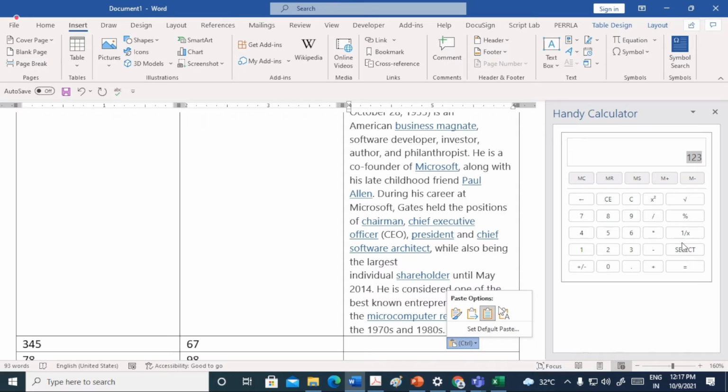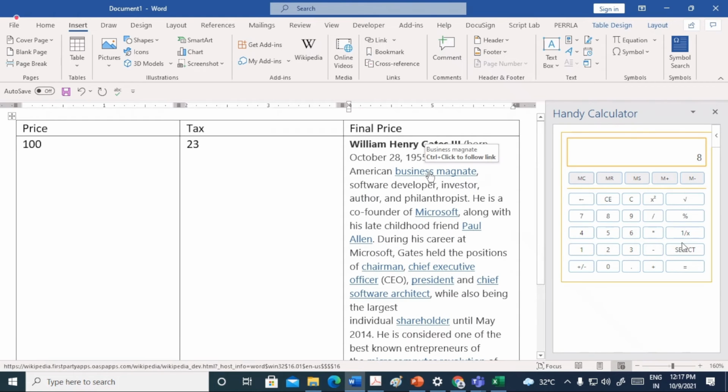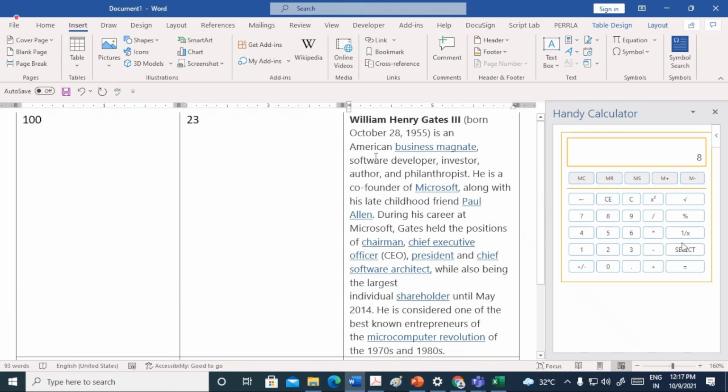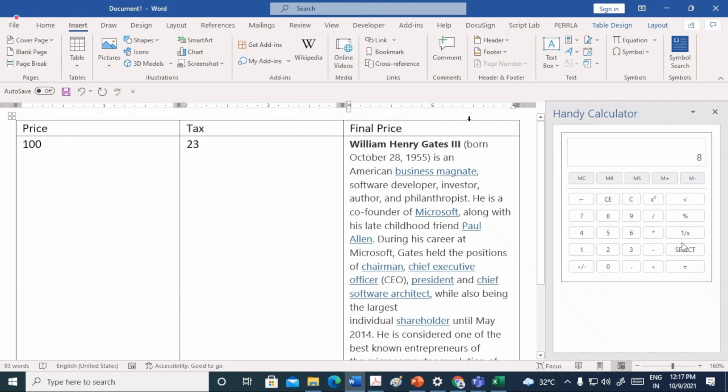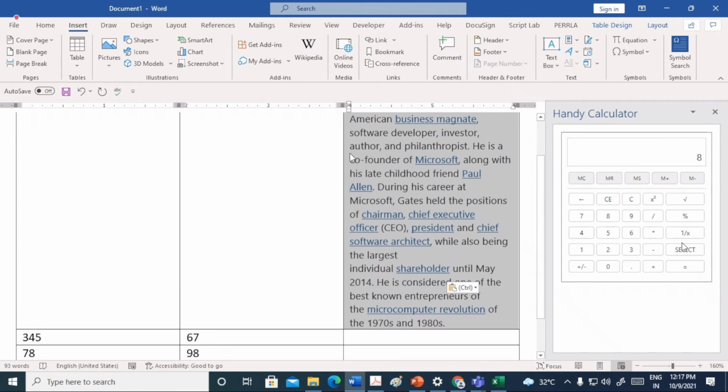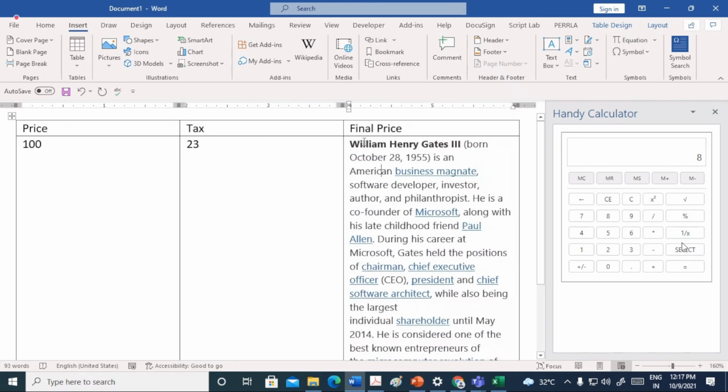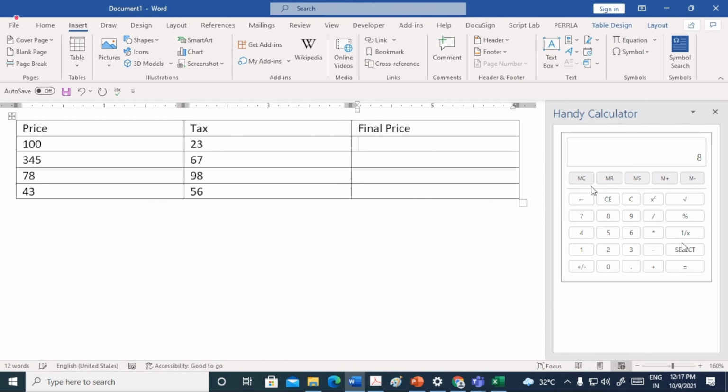No, you cannot copy, sorry. So this is the problem which is once again faced by the clipboard. I'll get to this also, how we'll solve this problem, if something is already there in your clipboard. Whatever value it was, you can just use the calculator to calculate and write the values. So that is the Handy Calculator.